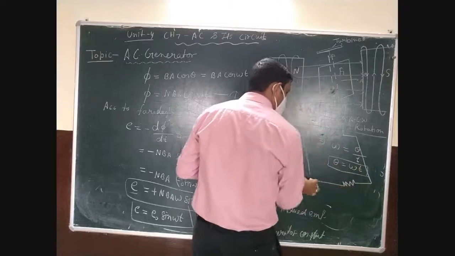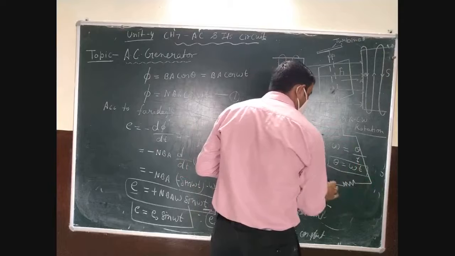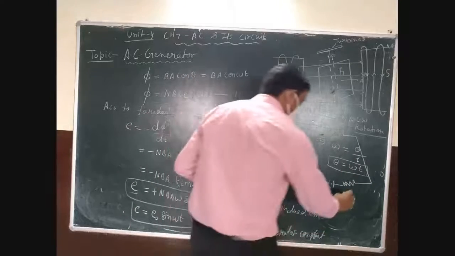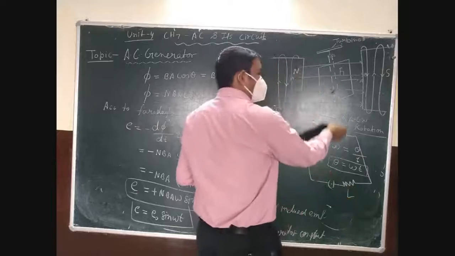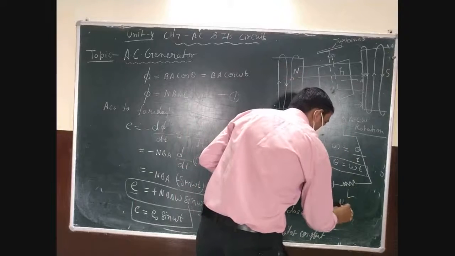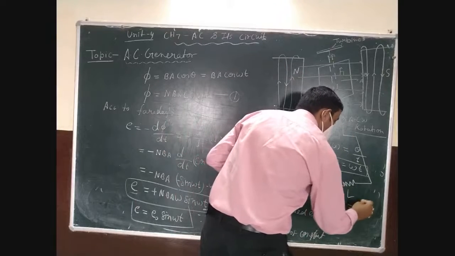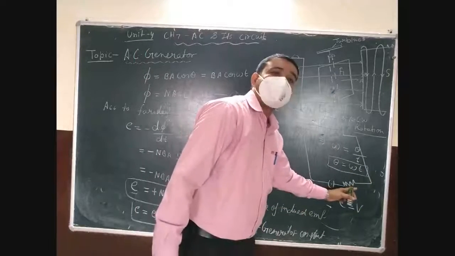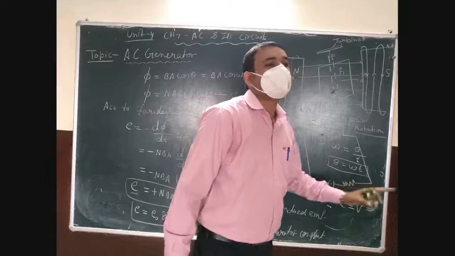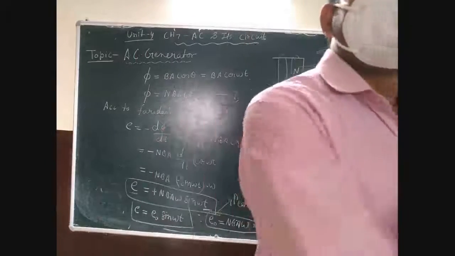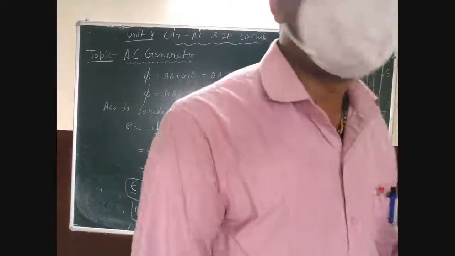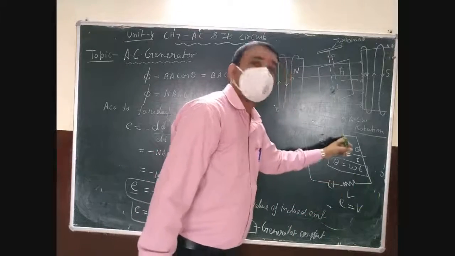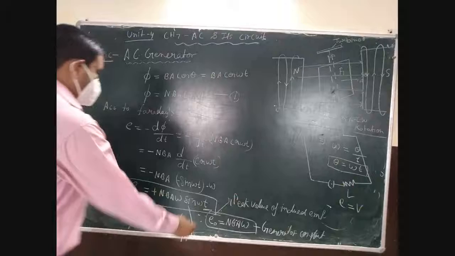Let's say this is the load and the circuit is completed by applying a key, then this EMF becomes V, because some current is used here and it will use some voltage from the generated EMF. Clear? So it will become the potential difference across the terminal. So we can use here